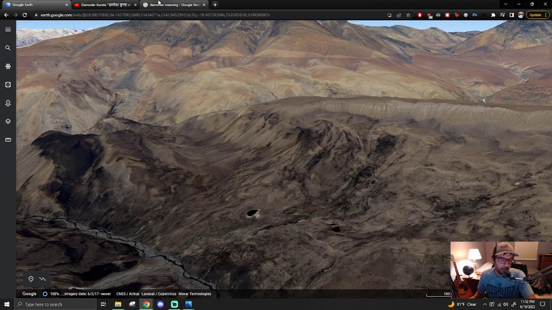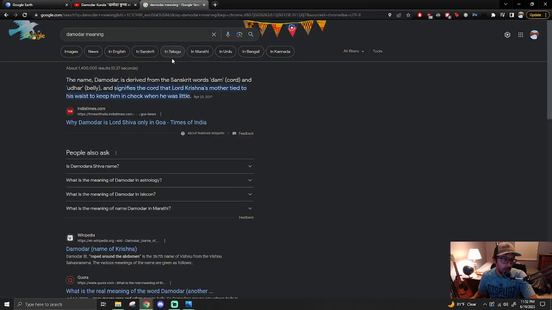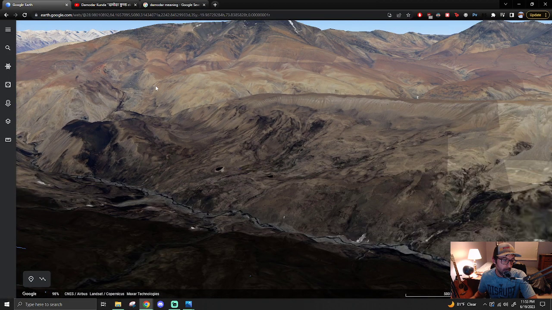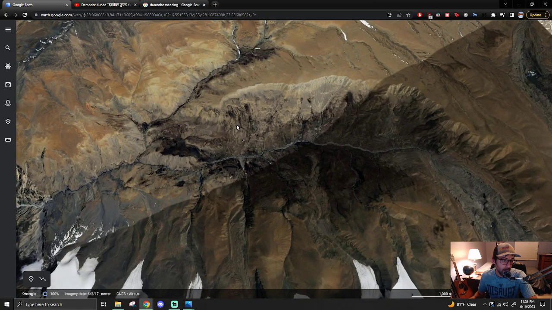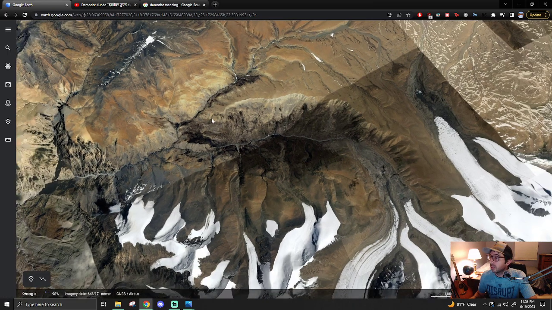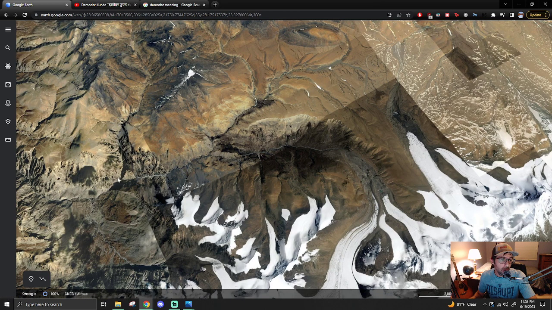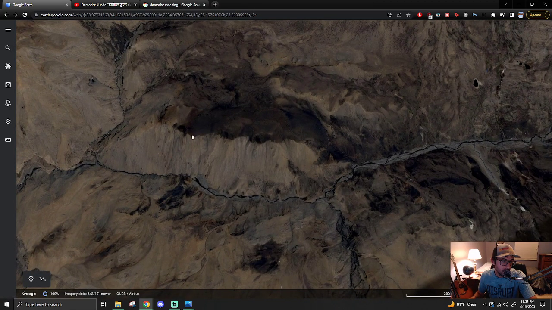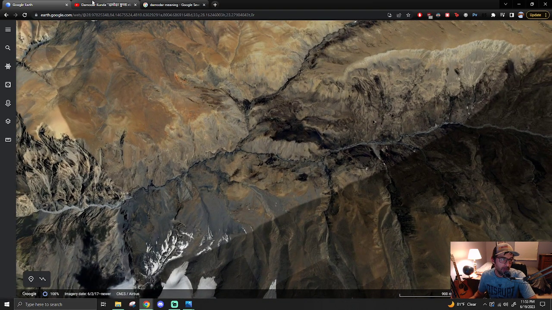Okay, so, Kunda, meaning lake, signifies the cord that Lord Krishna's mother tied to his waist to keep him in check when he was little, while he was forming. I don't know. Just a fun thought. Okay, anyway,